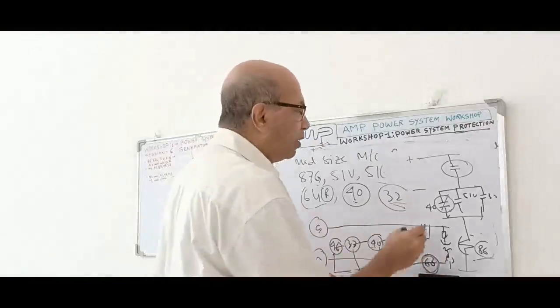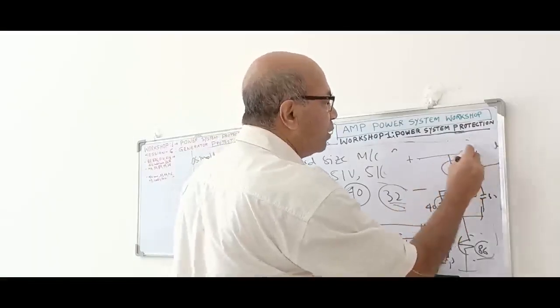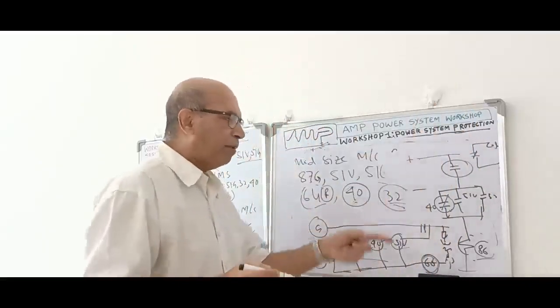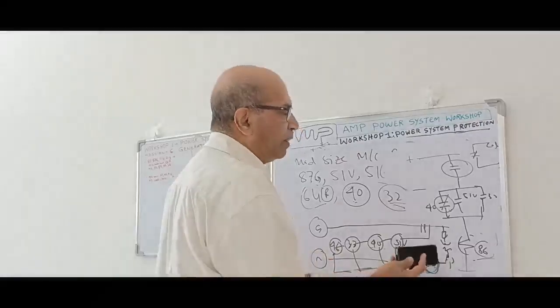So this way we prevent the operation of this relay. And from the 60 relay, we give another contact for alarm: one NO contact, and we give one NC contact of the 60 relay. This NC contact goes to the alarm, to the remote. So immediately the operator will come and attend to it. So this way we prevent the protection function operation in case of PT supply failure.